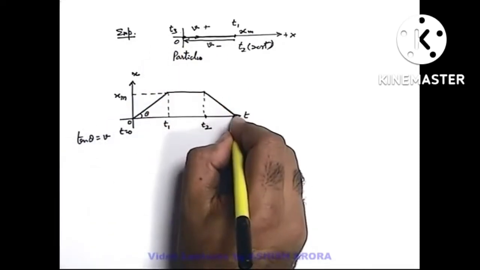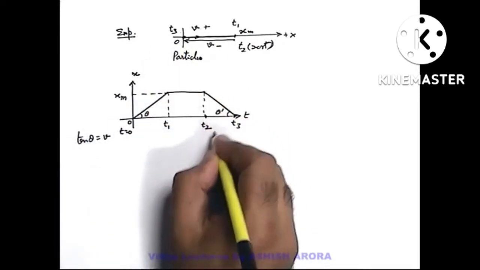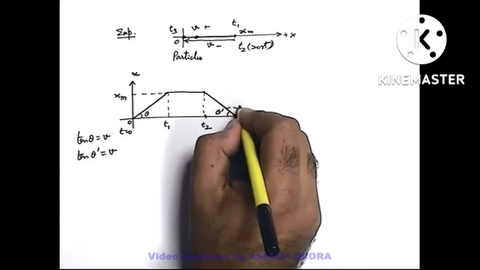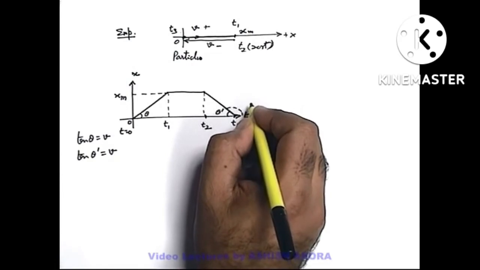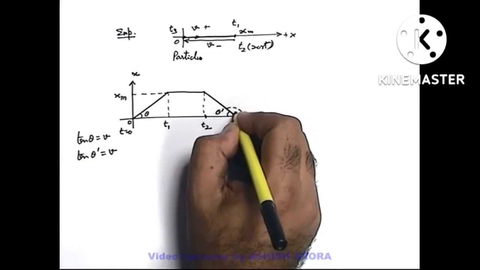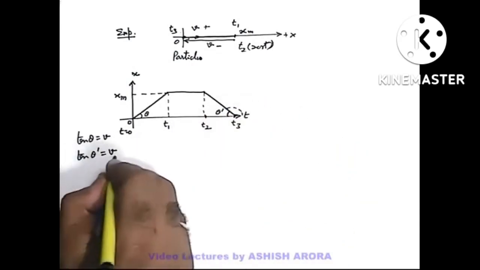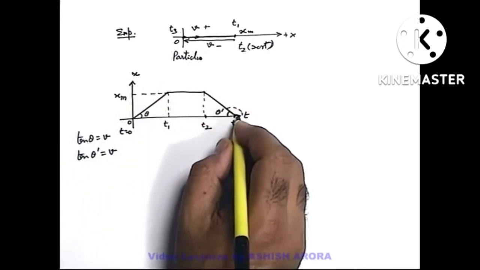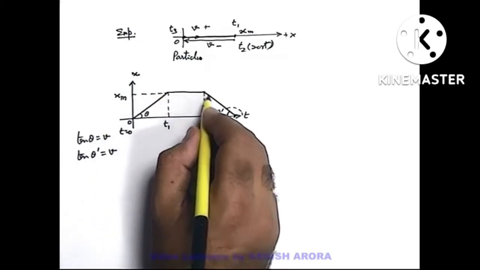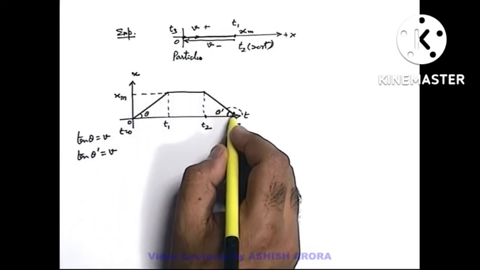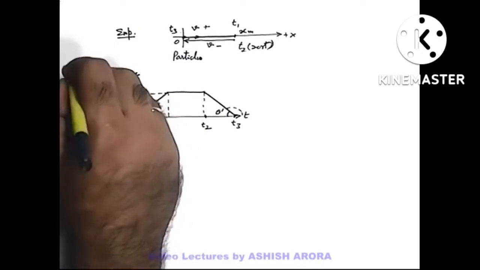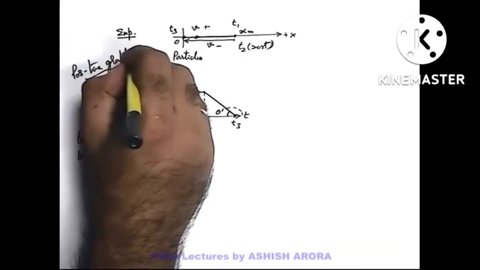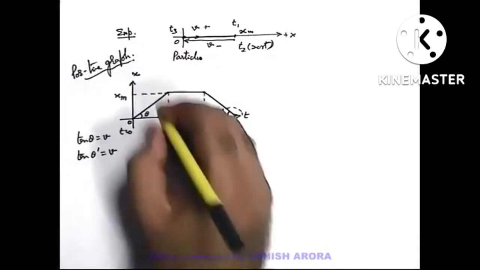So you can simply state again x becomes 0, and say this angle is theta dash. So we can again write tan theta dash is equal to v. Now this angle will be 180 minus theta, and we can state the tangent of an obtuse angle is negative. So this angle theta dash can be directly taken as the angle by which we can directly calculate the negative slope. So this is the curve which is drawn for uniform motion, then rest for some duration, and then again uniform motion in opposite direction. Now this is the curve which we call the position time curve or position time graph. If a similar graph is drawn for distance time,